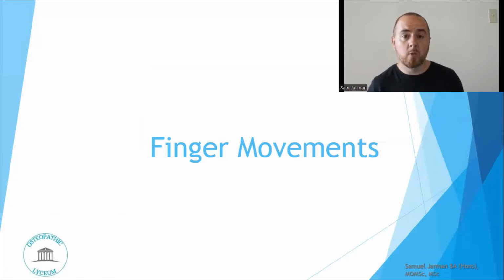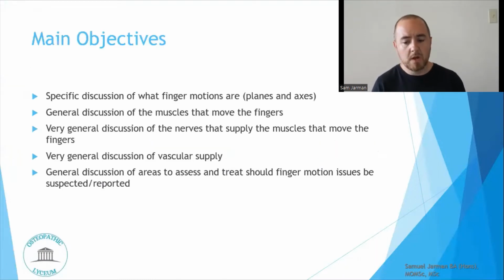So here we are once again continuing our project looking at anatomy with respect to movement as the central point of our network of meaning, or our semantic network. So now we're looking at movements of the fingers, not necessarily the finger, but the fingers. For our objectives, we're going to have a specific discussion of what finger motions are, their standard planes and